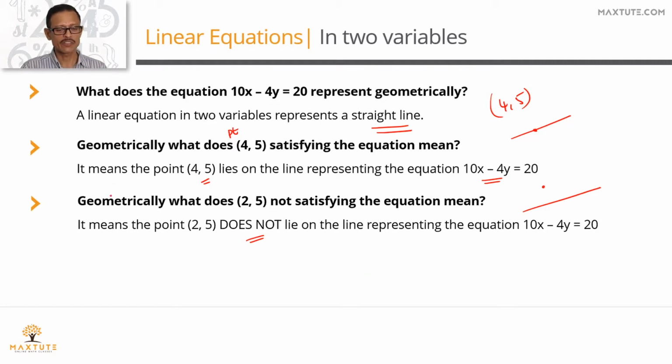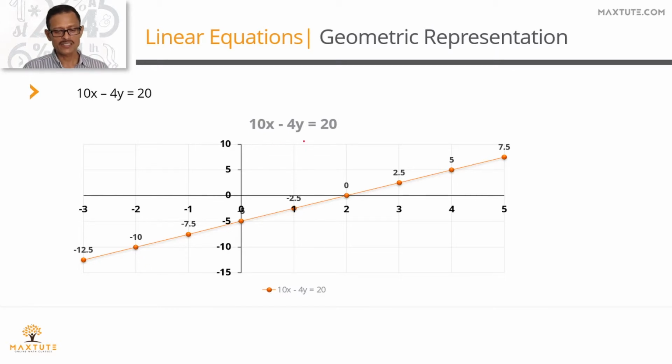Let's quickly see it. We've seen this algebraically. Let's plot it on a graph sheet and check out what happens. This is the line 10x minus 4y equals 20. Let's look at this point. We had this point (4, 5), right? x equals 4, y equals 5. Is it lying on this line? It satisfied the line. 10 into 4, which is 40, minus 4 into 5, 20. This equals 20. So LHS is 20, RHS is 20. We realized a little while ago, (4, 5) is a point on the line. It satisfies it.